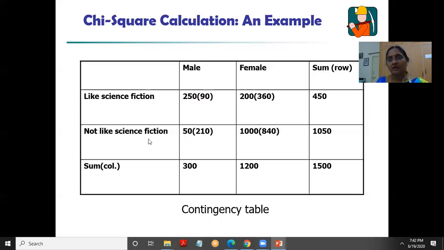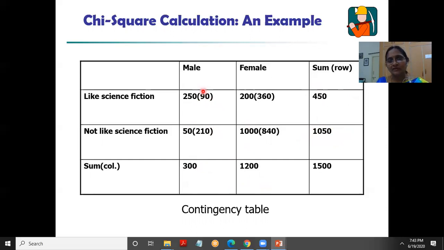So create the contingency table like this by using rows and columns format. Keep one attribute's values here in the column format, another, preferred reading, in the rows format. I'm calculating the summation of the actual values: the total number of males, total number of females, total number of persons who like to read science fiction books and who do not like to read science fiction books. Based on these values, we are going to calculate the expected frequency based on the actual values. How to calculate this one?